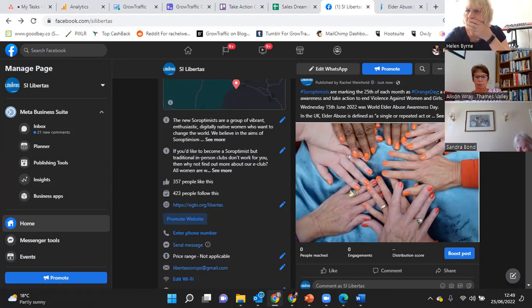So, for example, if we've got a club for really young girls, I know that one of the women in my e-club is a lecturer at college, and she wants to start a college club, a schools club, but that would be for girls between sort of 18 and 21 probably. So if a girl came and wanted to join SI Rossendale or SI Libertas and she was 19, I might say, actually, it might be more appropriate for you to join this young e-club, because they meet virtually, it doesn't matter where you are, and they're all your age, and so they're going to be doing campaigns that are more interesting to you.